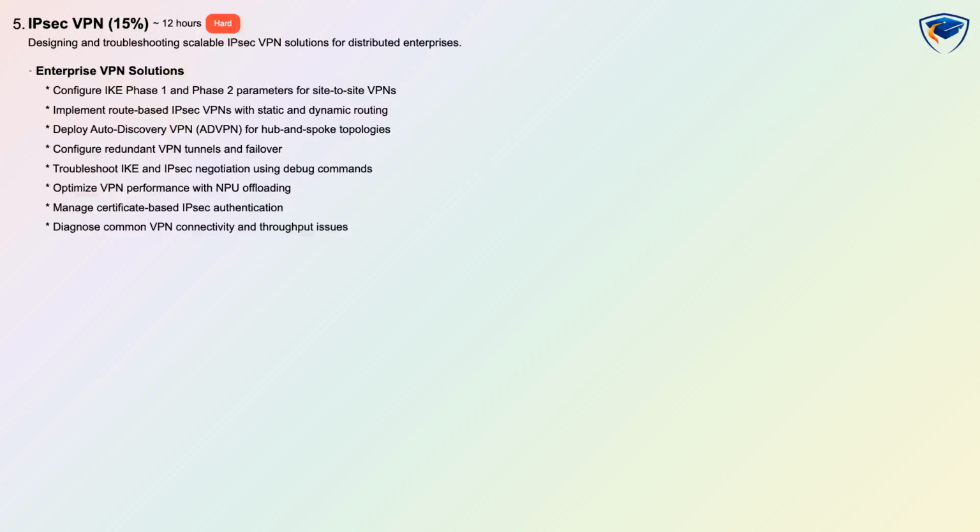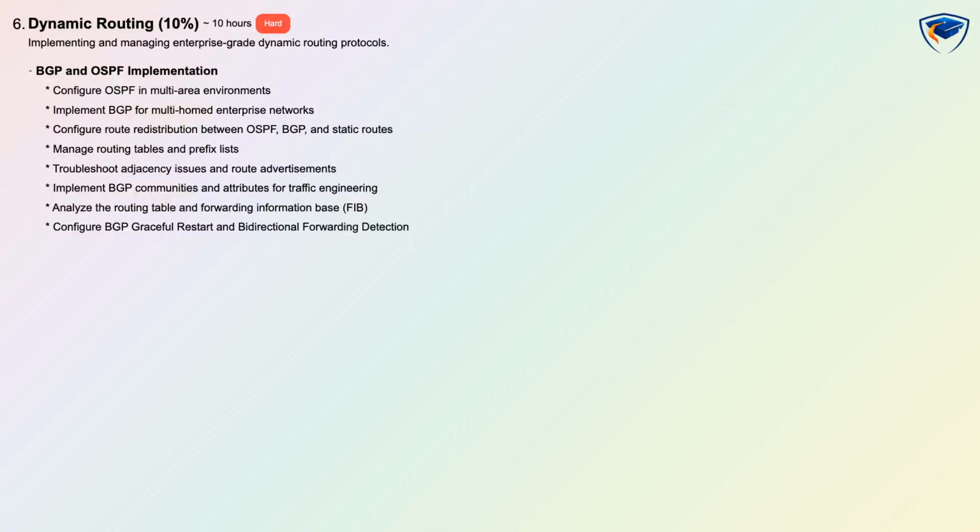The syllabus includes deploying auto-discovery VPN for hub and spoke topologies, configuring redundant tunnels and failover, and managing certificate-based IPsec authentication. Practical troubleshooting topics cover IKE and IPsec negotiation using debug commands and optimizing VPN performance with NPU offloading to address throughput issues. Dynamic routing makes up 10% of the exam, is hard, and suggests 10 hours of study